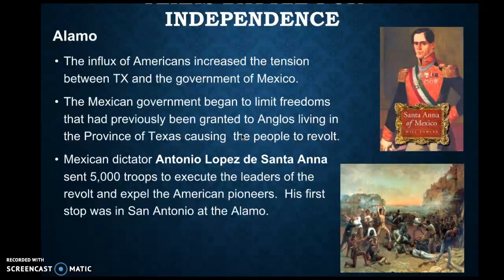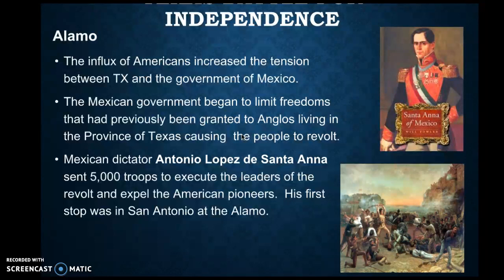So before the Alamo, we have Gonzales, and then we also have Goliad. There's going to be 2 battles at Goliad. So before the Alamo, we fight at Goliad, and it's an easy win for Texas. And most of the Texans really think the war is over. We were able to take Goliad, and we were able to take San Antonio. But